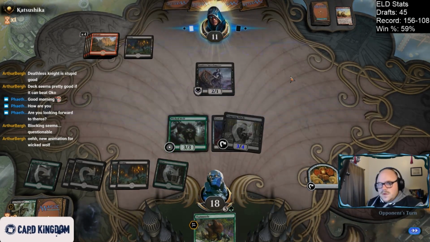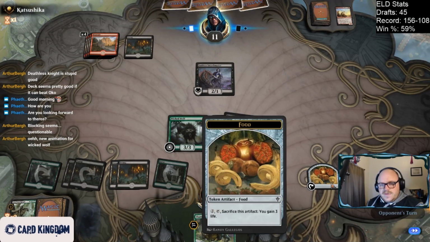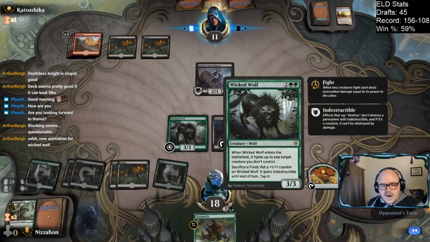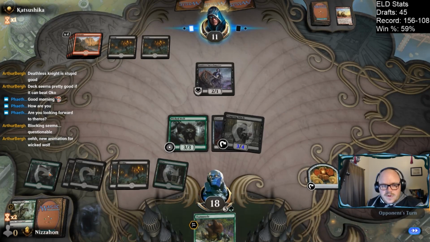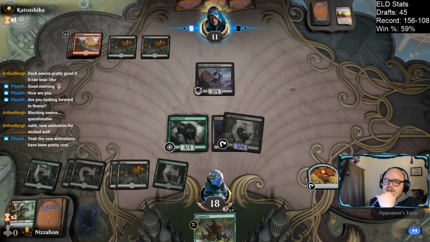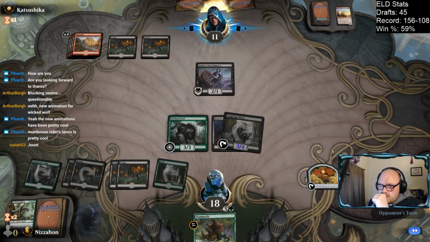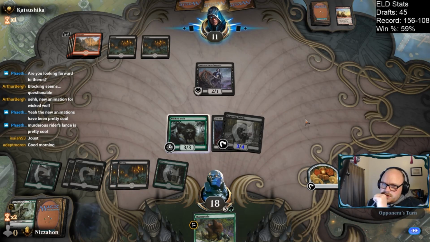So, at the end of their turn, we'll have to decide whether it's better to get back a food, or if we want to hold up indestructibility for our Wicked Wolf. I mean, play our food to get back Deathless Knight is what I'm trying to say. We may be about to destroy our Skewer with the Knight. That can blow up a thing with its adventure. I definitely just take 2 here. Actually, I don't. I have food in play, so...